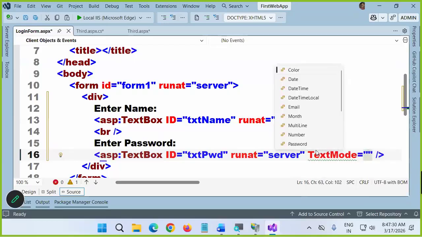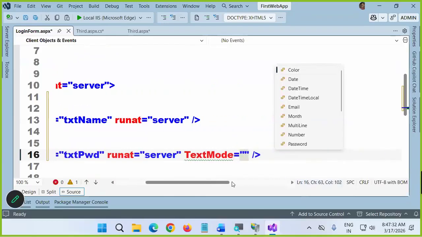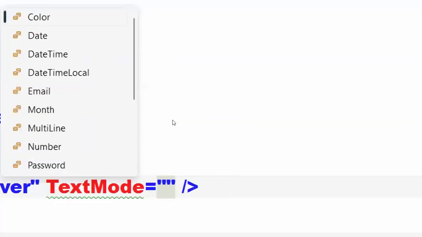Sorry, text mode equal to... I'm sorry, text mode equal to. And see,